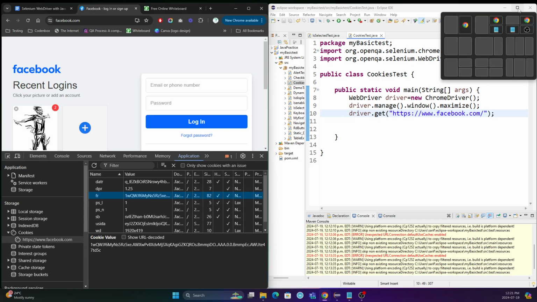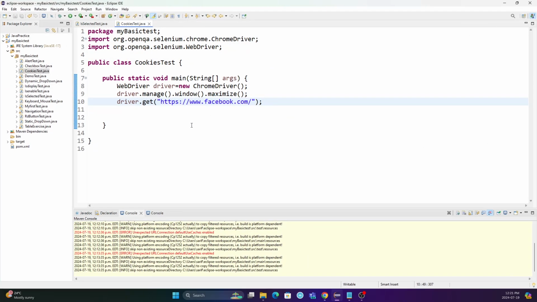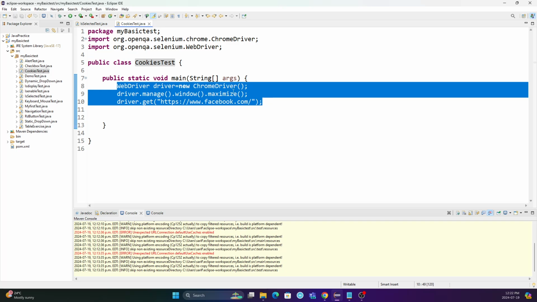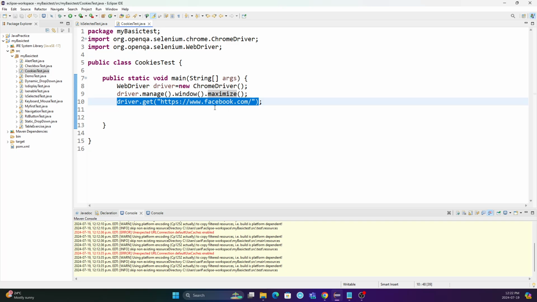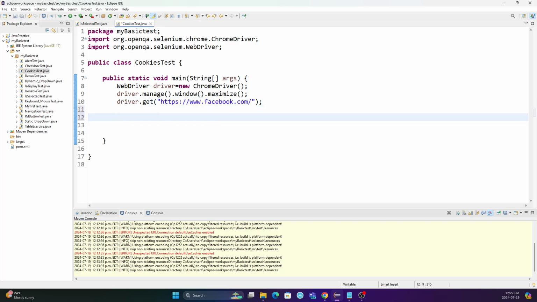Let me go to our Eclipse. So here I created one class. I give a name cookies test, and here is all the prerequisite. As you know, create an object of Chrome driver, maximize the window, and here is the application, which is facebook.com. Okay, so first thing first, we'll get